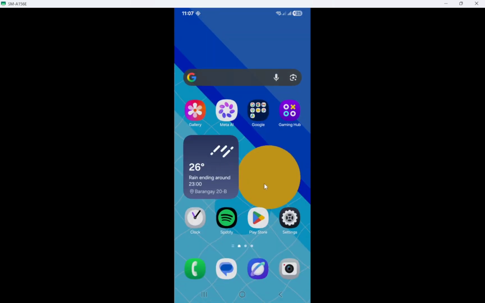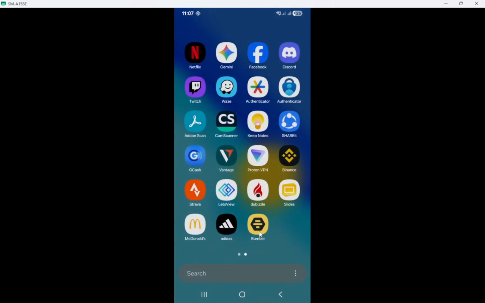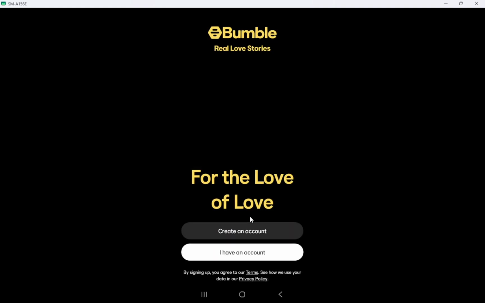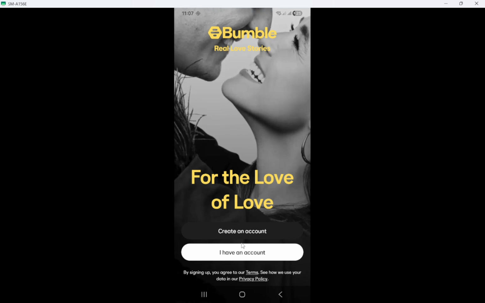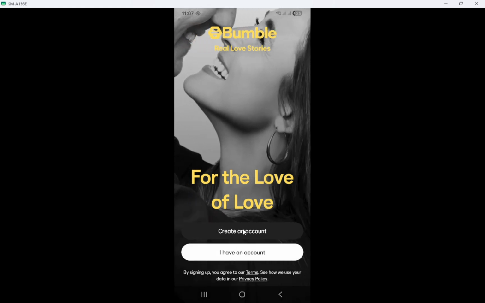Now that Bumble is installed, here's what you can do with it. You can create a dating profile by adding photos and a short bio that reflects who you are. Bumble helps you match with people nearby, and you'll see recommendations based on your preferences. After you match, you'll be able to exchange messages within the app, keeping everything in one place.